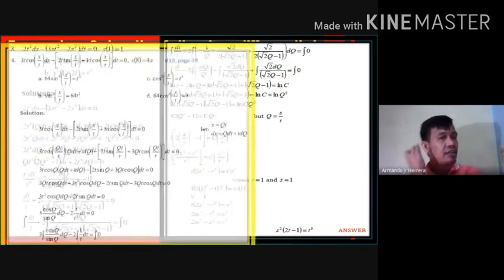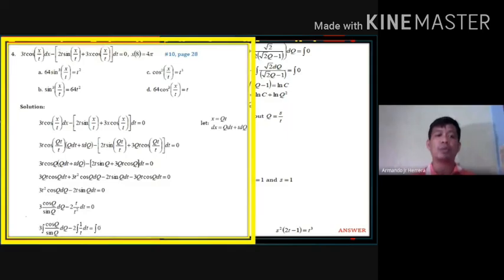So let's have another example. That's number 10, page 28. So look at this equation. So syempre, hindi na ito masa-separate kasi meron na siyang magkasamang x and t sa angle niya. So it's impossible or cannot be separated ang x at saka ang t. So hindi na siya separable or variable separable equation. So gagamit tayo ng